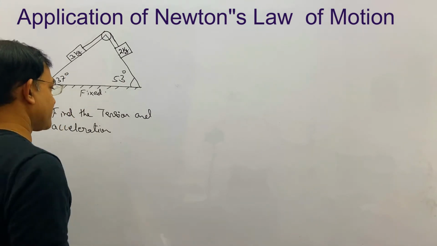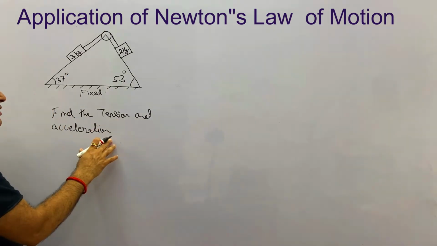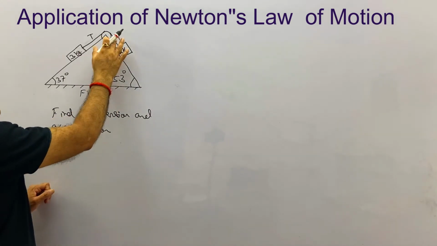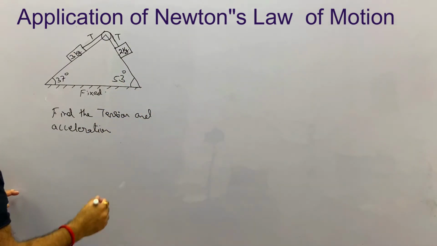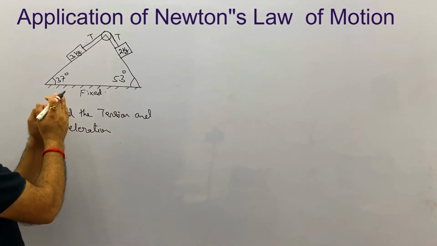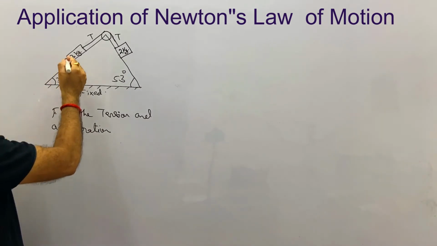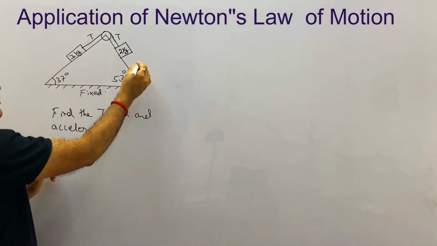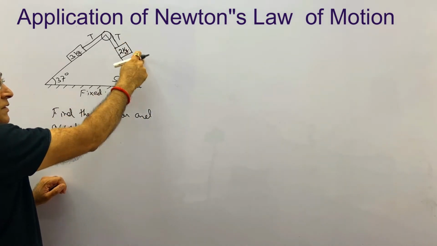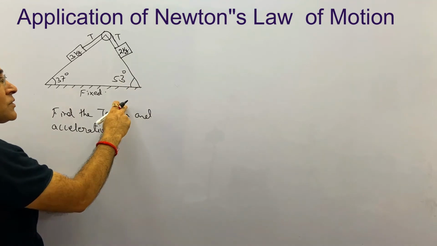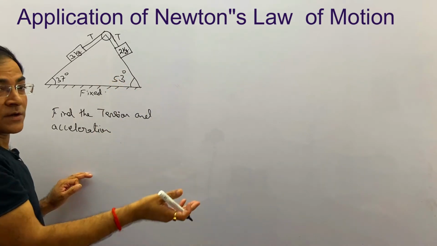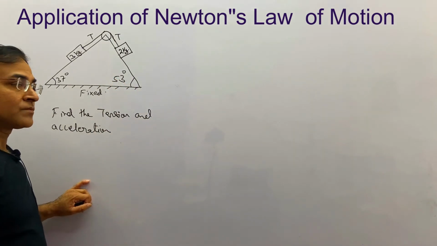The same thing which we found in the previous problem, we have to find the tension and the acceleration. Now the tension is the same because the pulley and the thread are massless, the same conditions. Now one thing here, we can't exactly predict in which direction the system moves. It may be possible the 3 kg will move downward, it may be possible the 2 kg moves downward in this direction, because the acceleration depends upon the mass as well as the inclination. So here we can't predict,